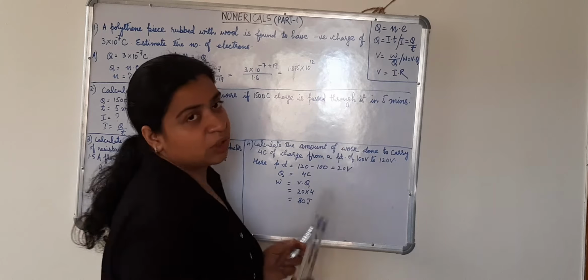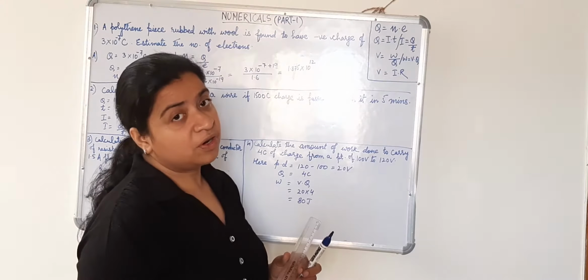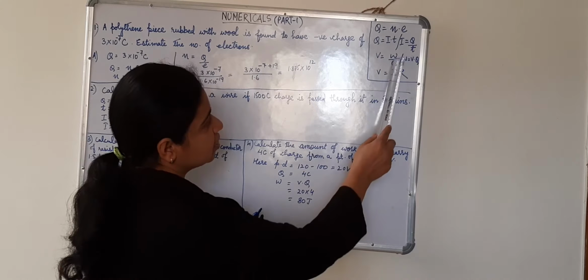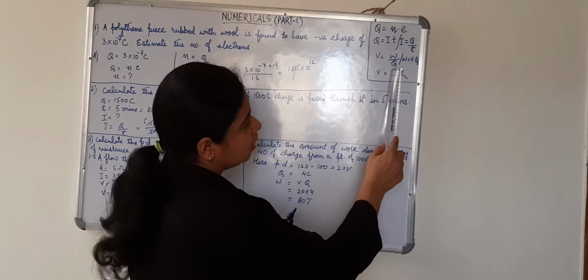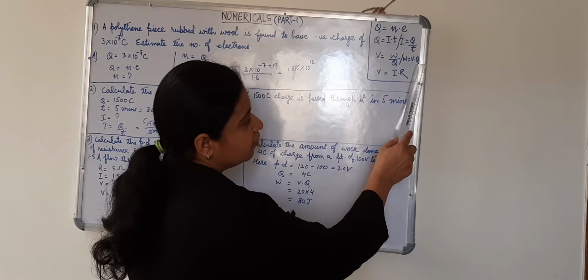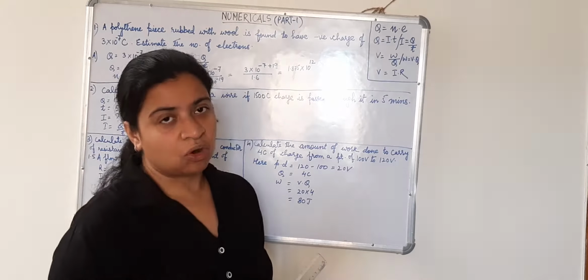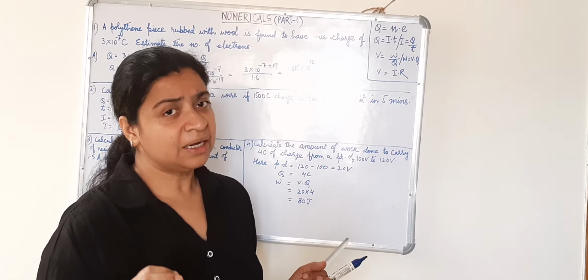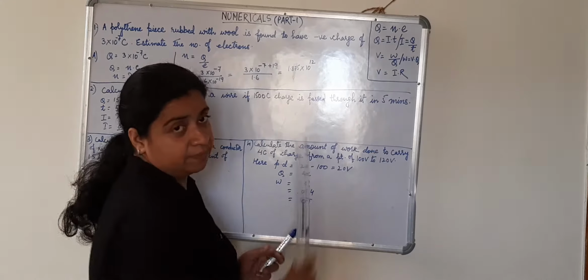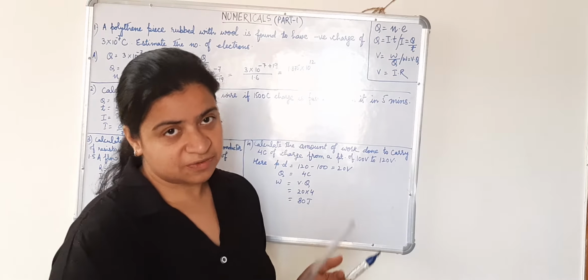Third equation was the potential difference. The potential difference is the amount of work done in moving a unit charge from one point to another in a circuit. So V is equal to W upon Q, where W is the work done, Q is the charge, or I can write it as work done W is equal to potential difference into charge. And fourth equation, that was Ohm's law. Whenever, children, Ohm's law comes to your mind, remember that V is equal to IR. These are the four equations which I am going to talk about, and the numericals based on these four equations.